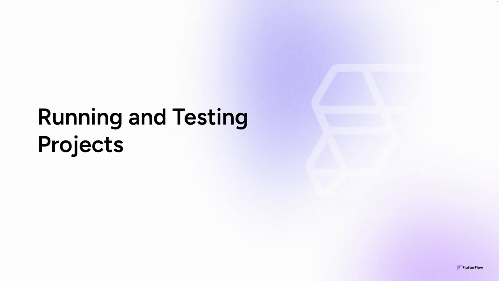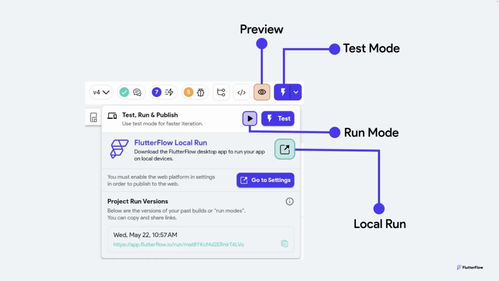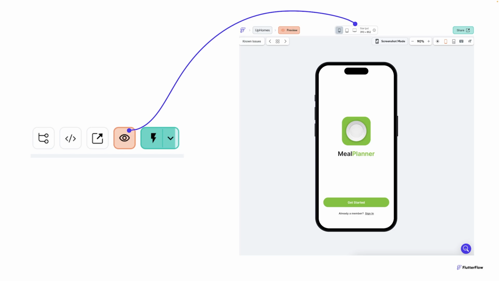Running and testing your app is crucial to the app development process. There are 4 ways to run and test your project in FlutterFlow: preview mode, test mode, run, and local run modes. You can use preview mode to quickly test your app without waiting for it to build, making it ideal